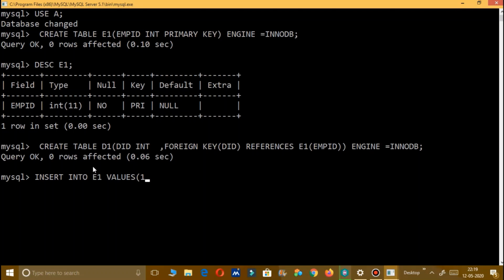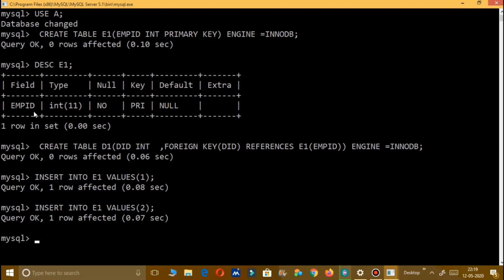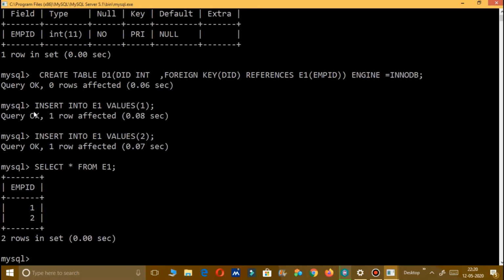There was only one field, employee ID. So I try inserting another value. Let it be 2. Fine. So 2, let me show you. Select star from E1. So there are 2 entries only.